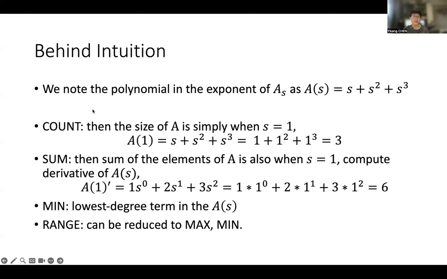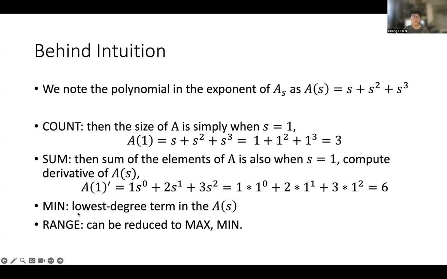Then for the single set operations, we can simply compute the count when s is equal to 1. For the sum of the elements of A, it is also when s equals 1, but we compute the formal derivative of A(s). We know the polynomial is in the exponent of the digest, as A(s). So we can use the formal derivative to get the sum.